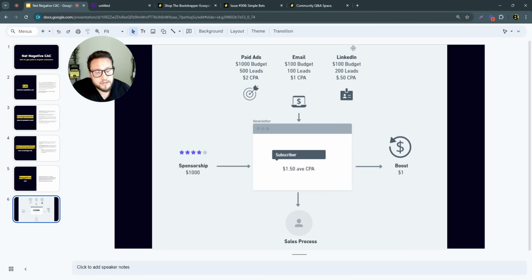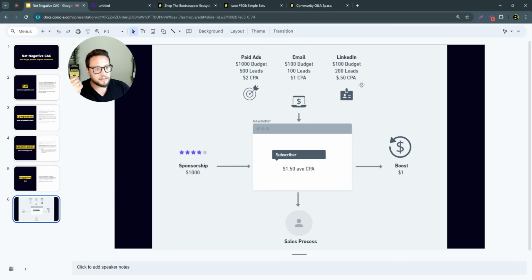Another strategy that's very prevalent and also successful to a certain extent is LinkedIn DMs. And it's similar to email, but you're just doing it through the LinkedIn platform, where you can replace LinkedIn with any really social platform, and you could do social DMs. Again, you may have some software that's helping you. Maybe you have LinkedIn Navigator. So simple example math, $100 budget. You're getting 200 leads in this situation. It's a 50-cent CPA, right?